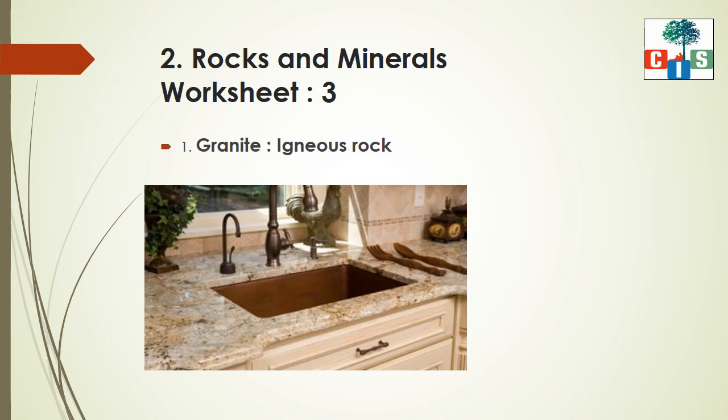In worksheet 4, again there is one table where you have to write properties and uses. Uses are already written in the textbook. And in property, what do you have to write? If it is a metamorphic rock, then you write from which sedimentary rock it has formed. If it is a mineral, then how it is. So simply you have to write the properties and uses. Here I would like to discuss some uses like granite.